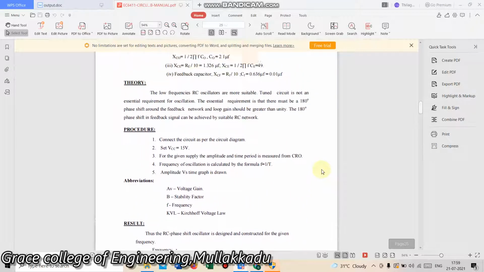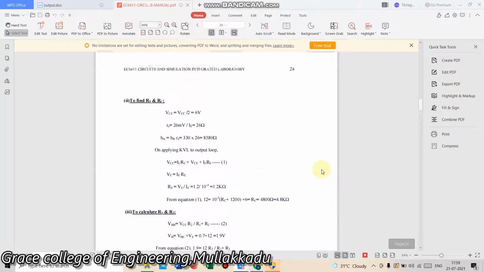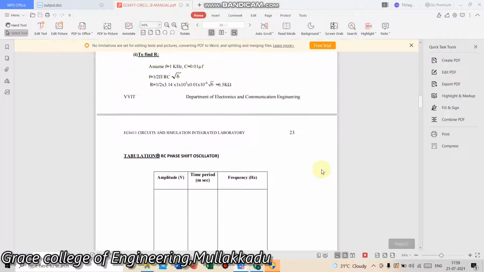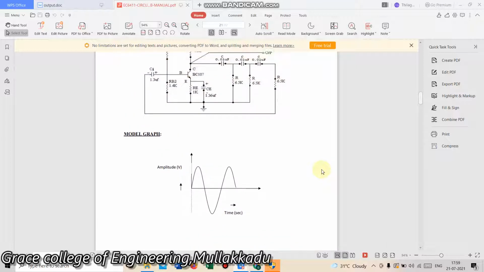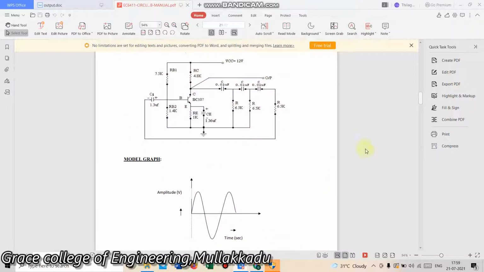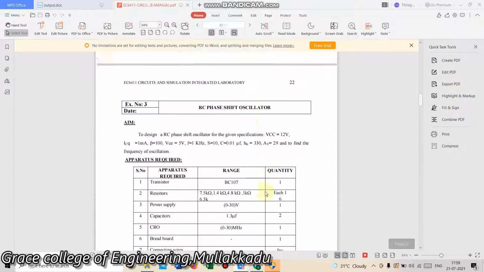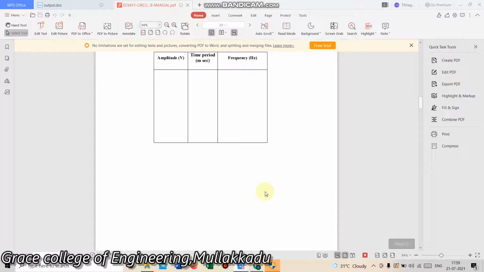First, we are going to see the circuit diagram for the RC phase shift oscillator, and the output waveform. This RC phase shift oscillator consists of a CE amplifier stage and 3 RC stages. The CE stage produces a 180-degree phase shift and the 3 RC stages produce another 180-degree phase shift. We take the output at the collector terminal of the BJT and it produces a sinusoidal waveform at the output. Next, we are going to see about the Wien bridge oscillator.